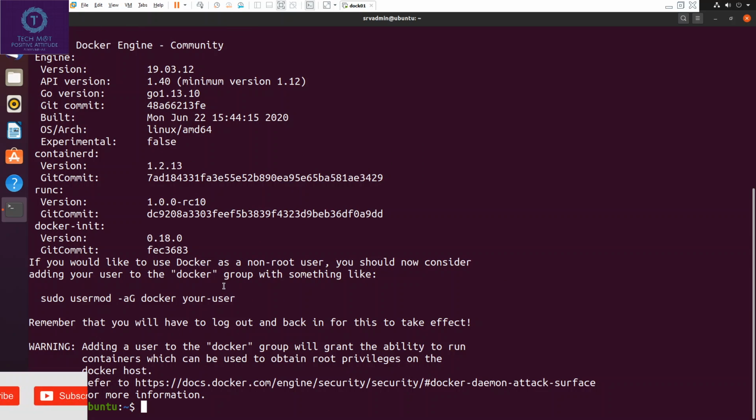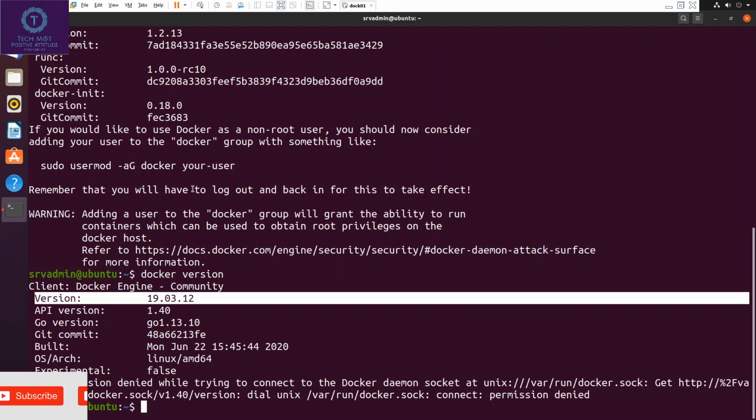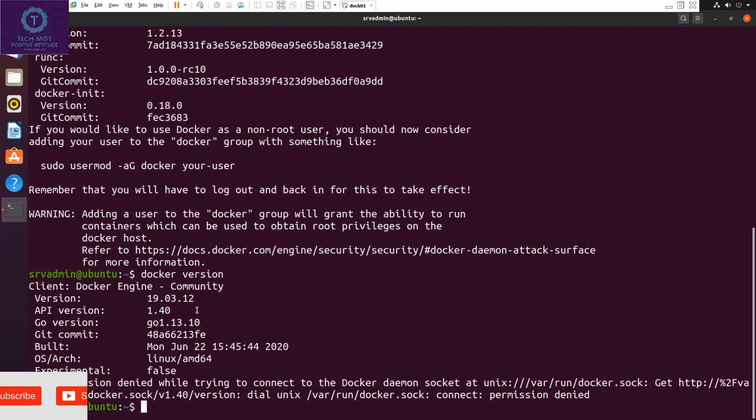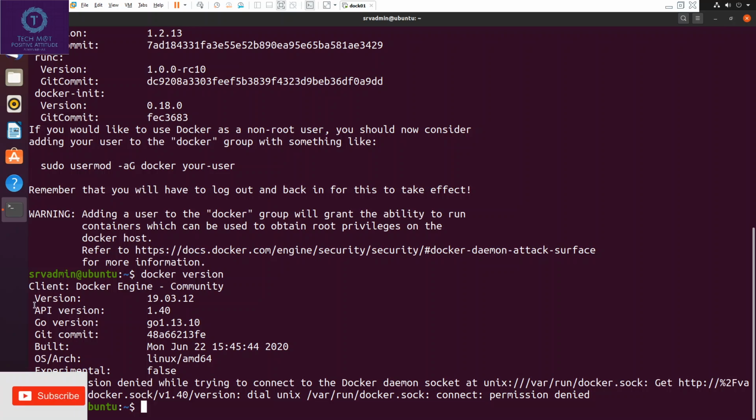If you want to check the Docker engine version, the command is docker space version. Here you can see the same thing. Docker engine version is 19.03.12. Now we will run one Docker image.